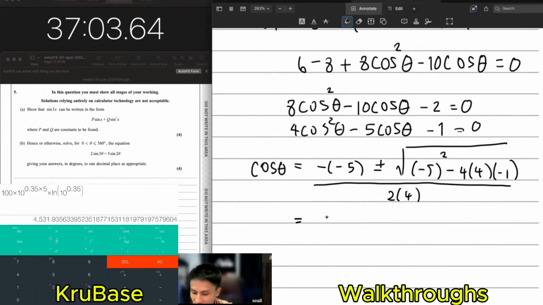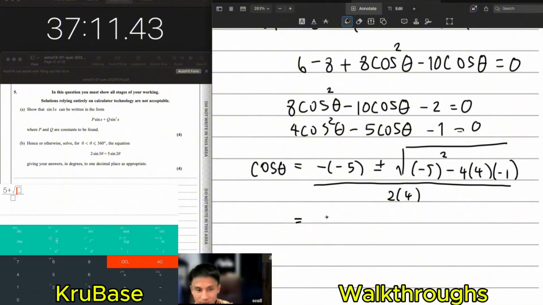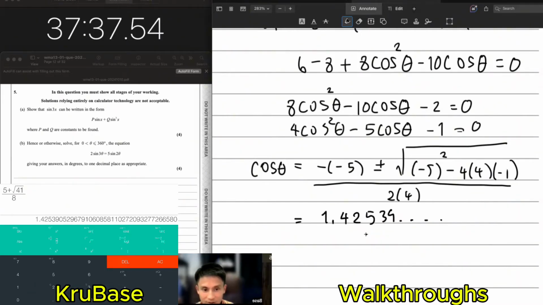So I'm going to put in a fraction, not brackets, sorry. So minus minus 5 is 5, basically. I'm just going to do a plus first, and then I will do a minus later. So that's just 25 plus 16, which is 41. All right. Yeah, 25 plus 16 is 41. And on the bottom here, I have 8. Okay, that's one of them. Okay, I'm just going to write 1.42539 dot dot dot,